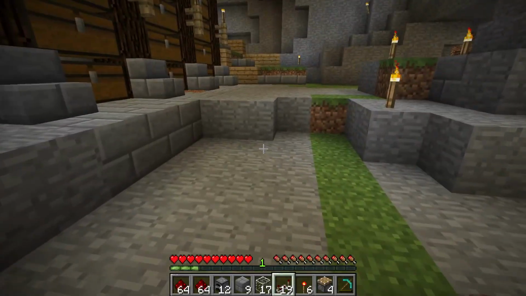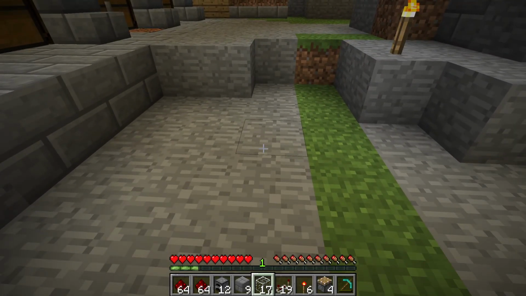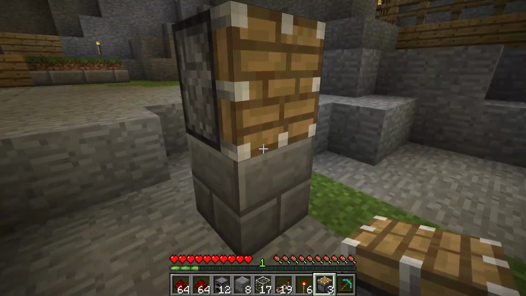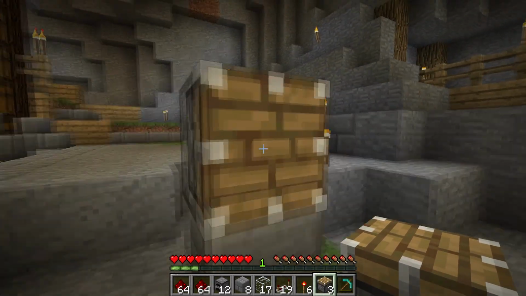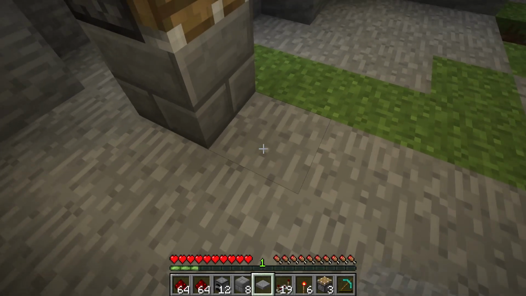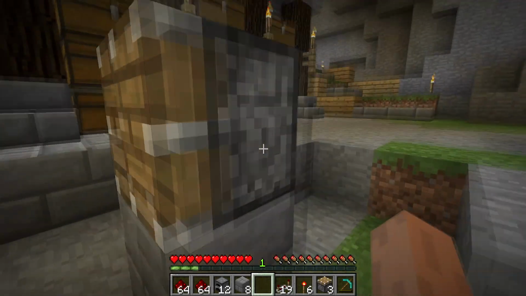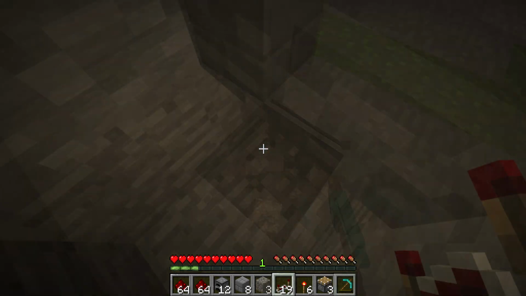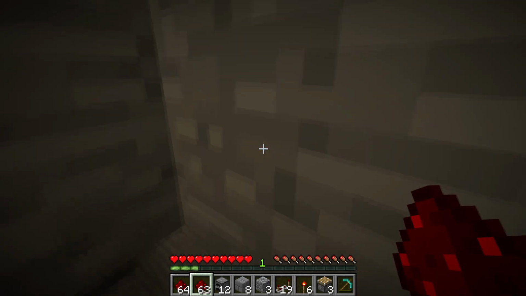Okay, so let's try this again. At the end of the day, that's what we need to have happen. Have it come down to there. You put a pressure plate on there, and then it powers that to come across. But if you do that...